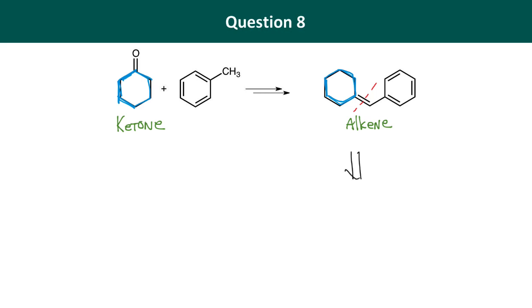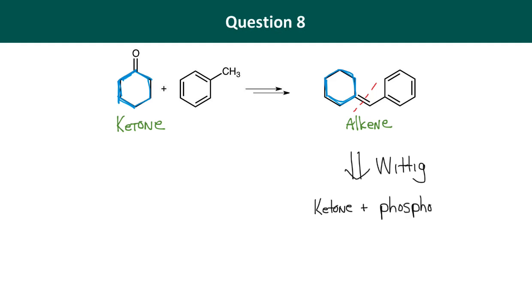Right, I'm thinking backwards, and I'm wondering what type of reaction forms double bonds between carbons. Okay, and the clear answer here is the Wittig reaction. Right, so a Wittig reaction connects carbon fragments together and forms alkenes. And we do Wittigs between, in this case, a ketone, right, and then I'm going to need a Wittig reagent, right, a phosphonium salt